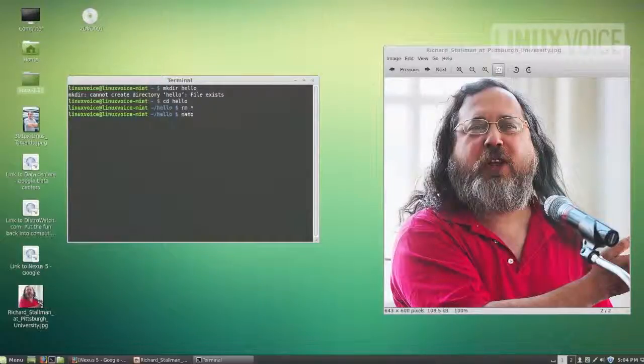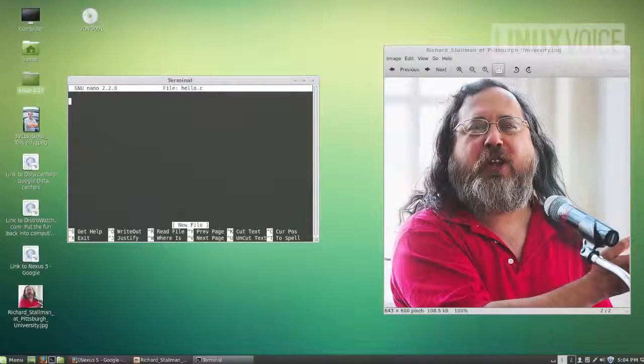And then I'm going to type nano, which is the name of a text editor, and then hello.c. I'm calling it a C file because I'm going to be writing it using C. And then #include <stdio.h>. Don't have to worry about this at all. This is just to give you some idea of what programming is like, and while it can be difficult,